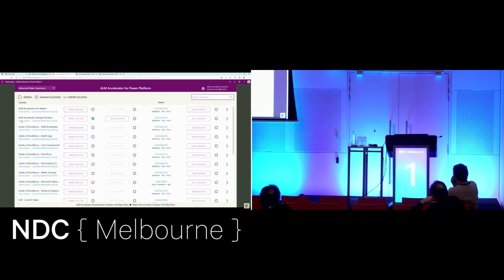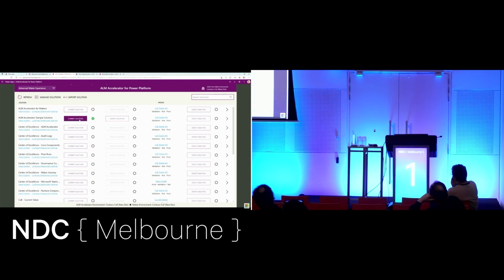The first one is a quick link to open your solution within the Solution Explorer to perform changes to it. And the second one is to configure the deployment settings. We will talk a bit more about deployment settings when talking about committing the solution. You can get to the same screen from both places.